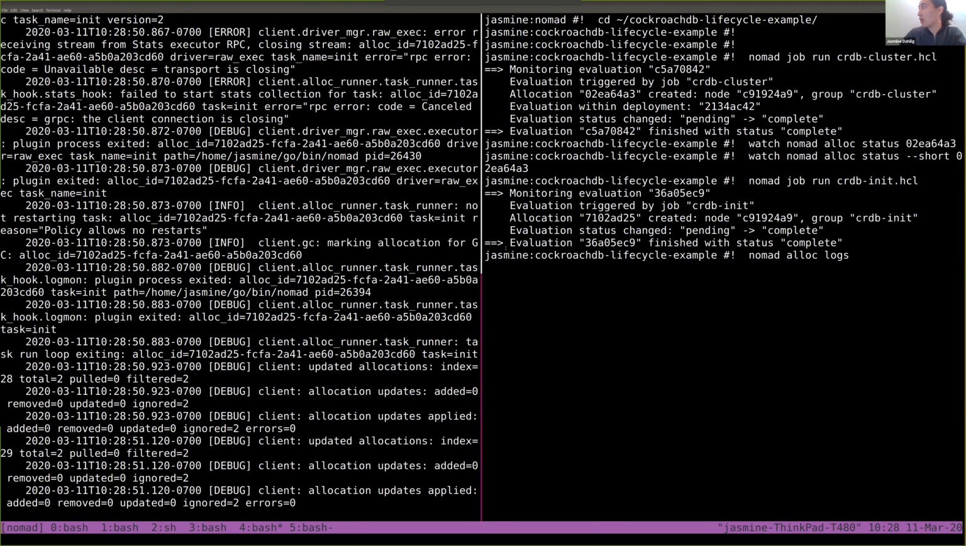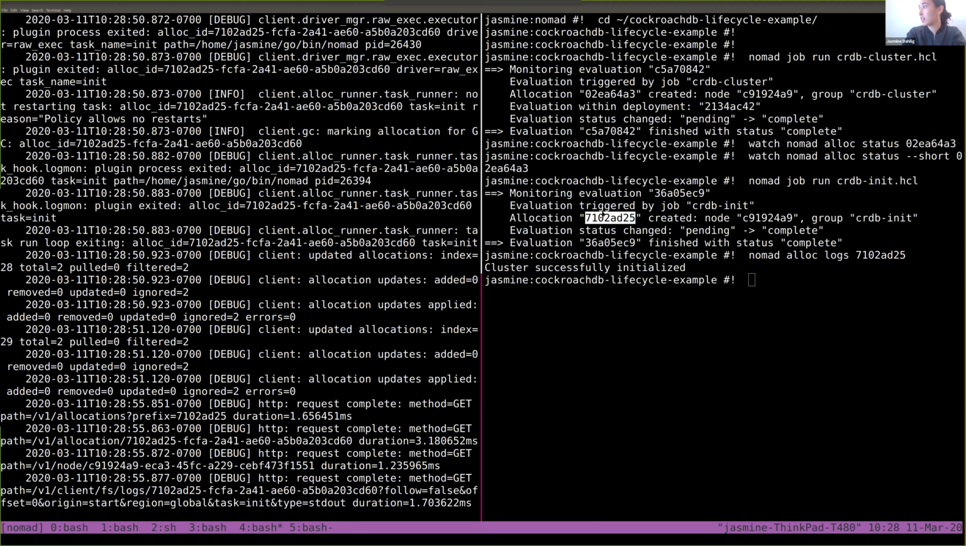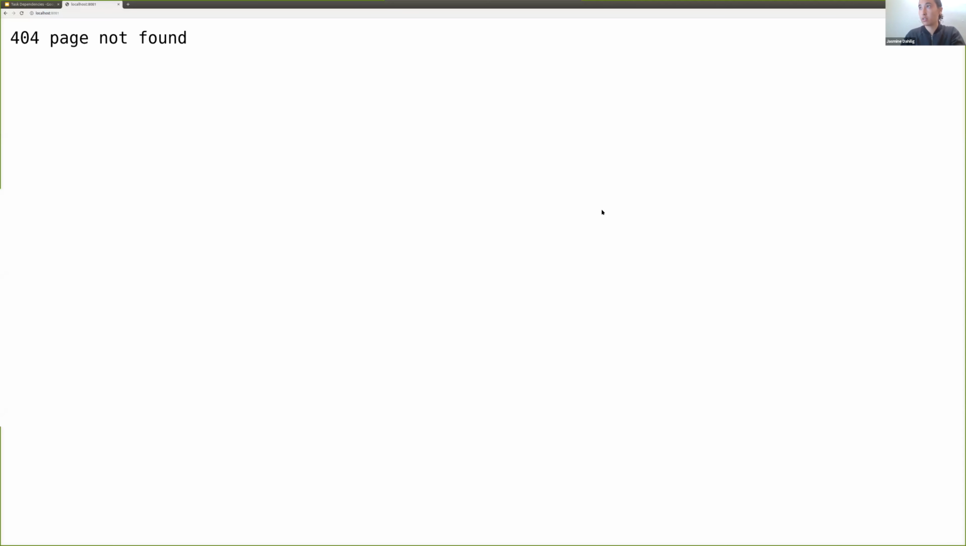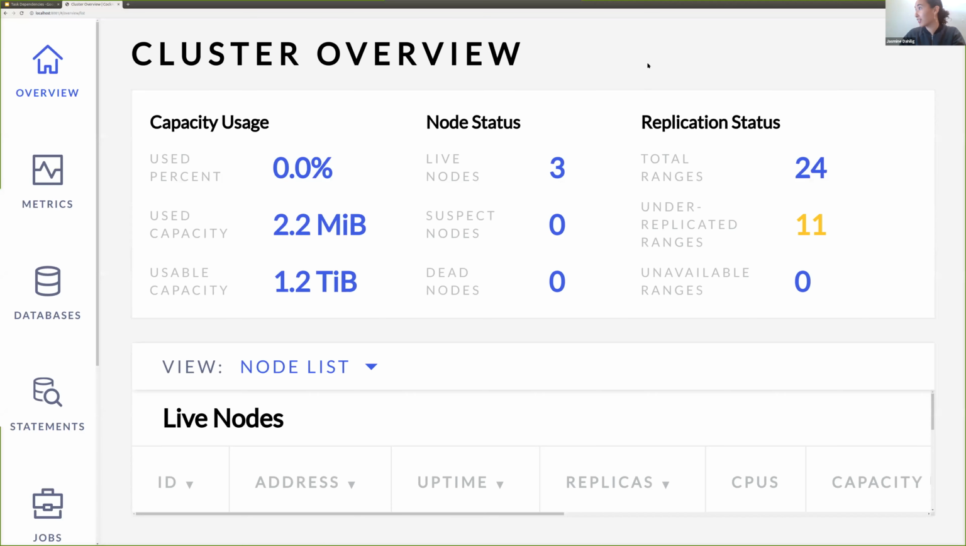So you could look at the logs. Successfully initialized, great. Now let's reload. So it's going to show us lots of stuff in really big font. So this is working. But it required us to do this manual